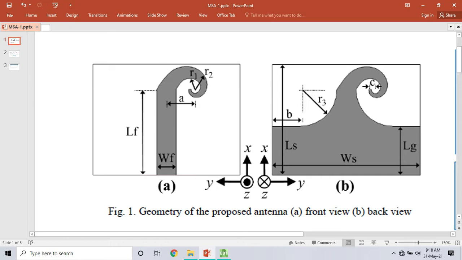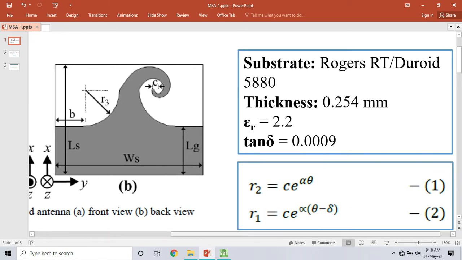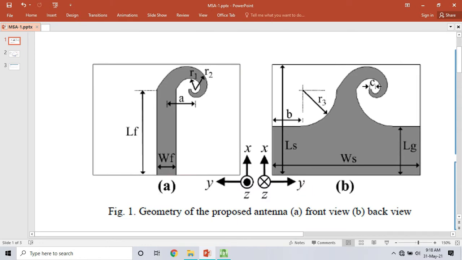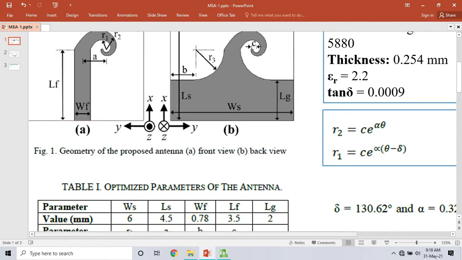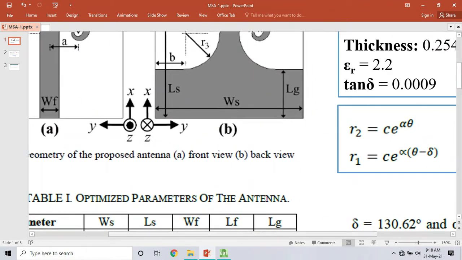Generally r and theta are calculated from the positive x-axis in anti-clockwise direction, and our spiral is starting at these points. Actually there are 2 spirals if you closely look at the 2 curves or the edges of this surface. First one is this one, second is this one. That's why there are 2 equations corresponding to r1 and r2.